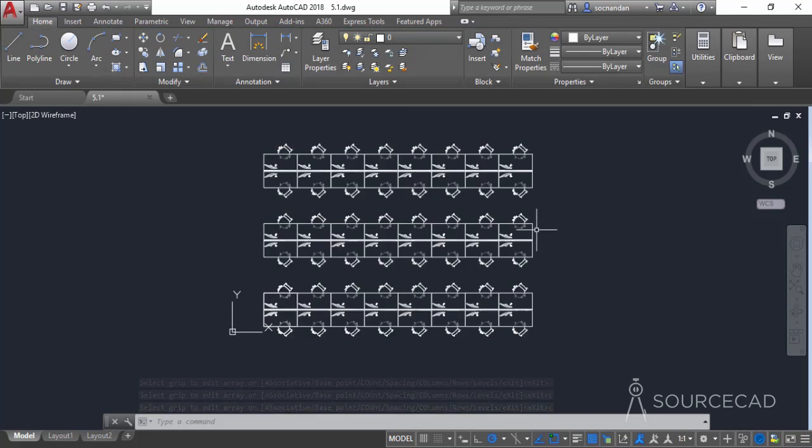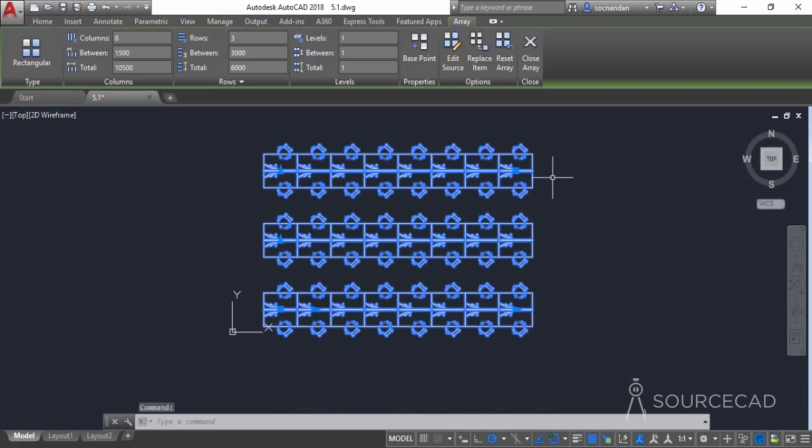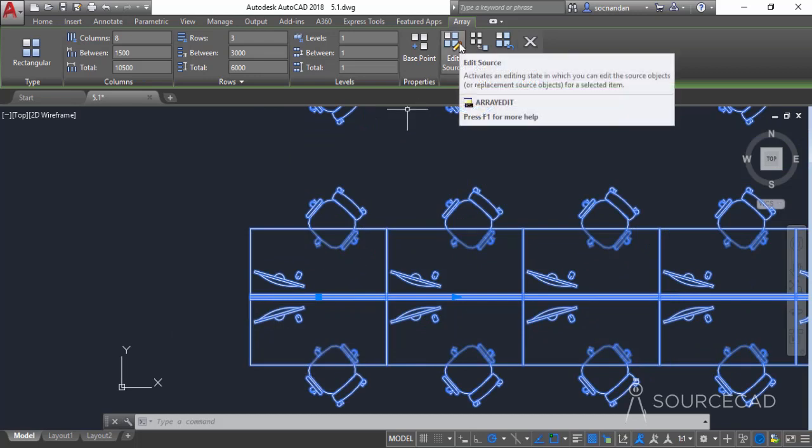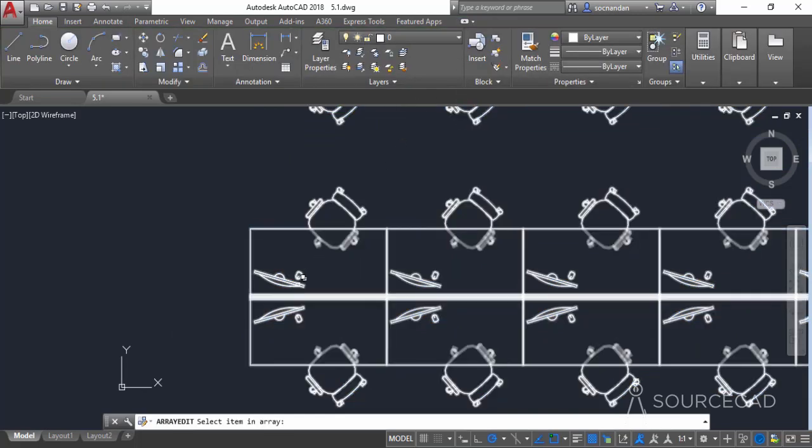Now even when you click on any of these objects from this array, the complete set will be selected, and the array tab will appear with these options. Now you can again modify the values in this row and column, and you also have some additional options here. So using these options, you can even modify it further. For example, let's say that we want to add some extra part in this source object. So for that, we can select this edit source option, and now select the item on which you want to make the modification. So I'll select this object here,